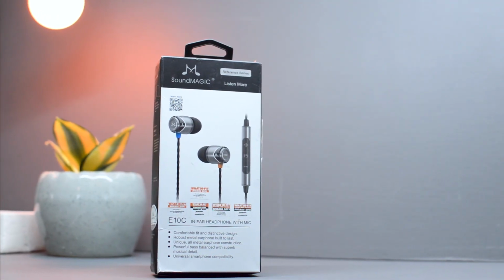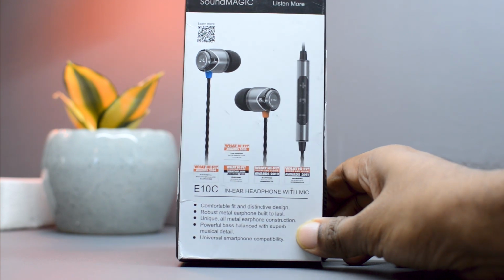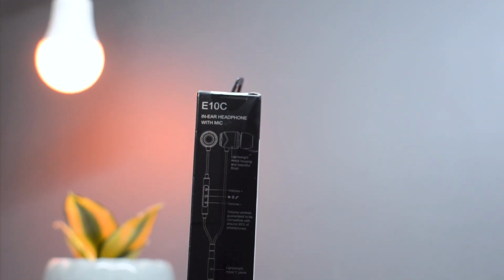Like on the top you will find different kinds of awards that these earphones have received, and then they say that these earphones have a unique all metal earphone construction and they have a powerful bass. Then on one side you will find that these earphones come with an inline microphone with volume controls, and then